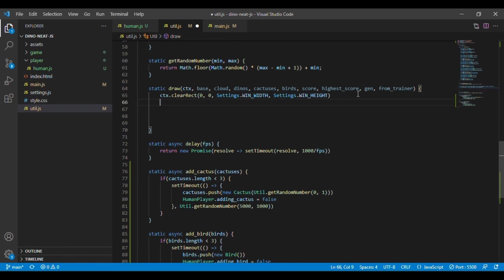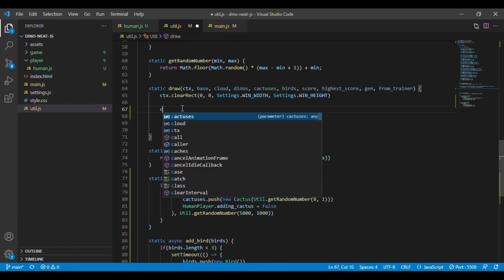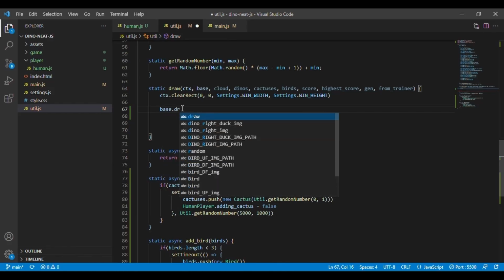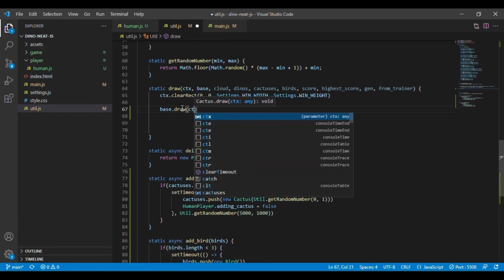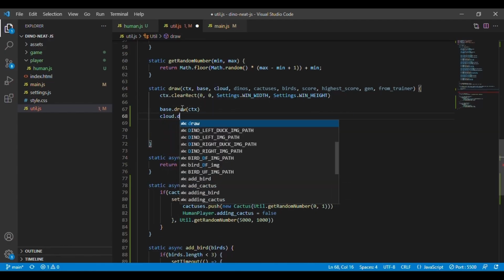So let's complete this method. We'll call the draw method on all the objects that we have already defined, and by default we are clearing the screen every time this method is called by calling clear tab. Then let's draw base, call base.draw, and let's pass the context. Same way we'll call cloud.draw,